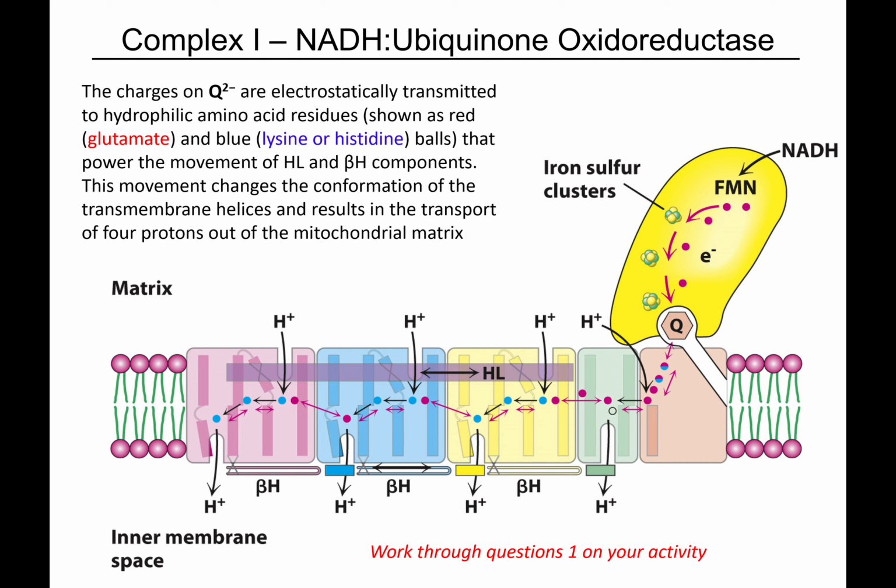So negative charge on coenzyme Q requires this aspartic acid to get protonated. It pulls a proton from the matrix, and then protonation of that aspartic acid or glutamic acid causes this glutamic acid to get deprotonated. It then moves its proton out. This glutamic acid being deprotonated is then communicated to this series, which results in a proton coming in, which is then sensed by this series, which results in a proton going out. The general idea is changing protonation states, changing charge states all the way through this chain impacts the pKa of individual side chains in a chain.